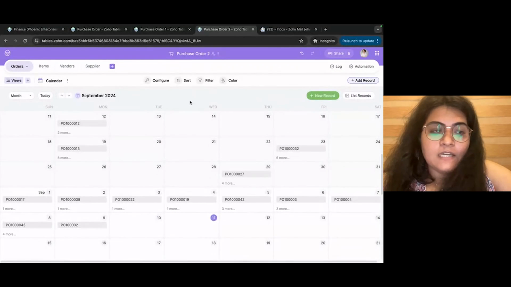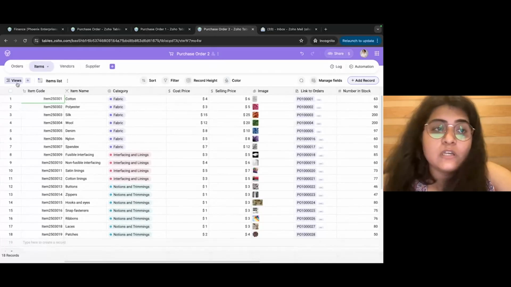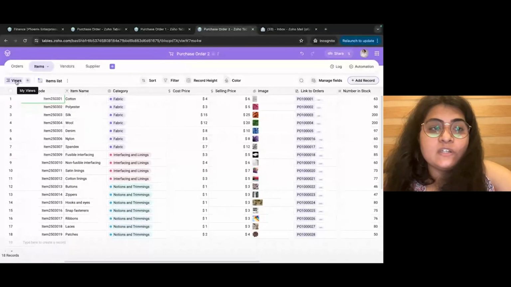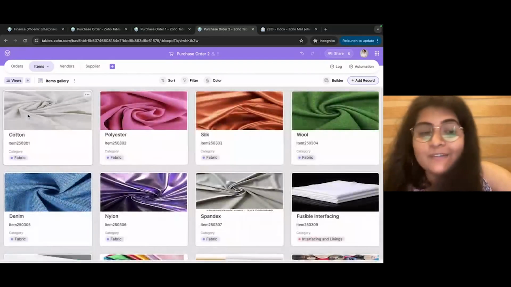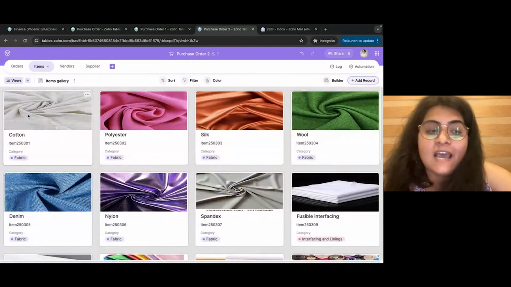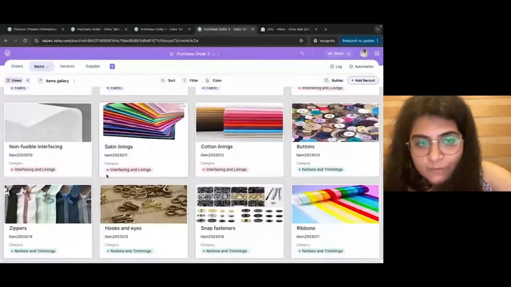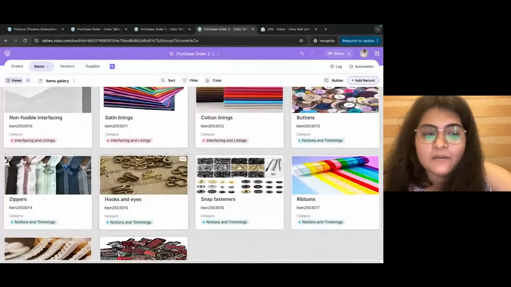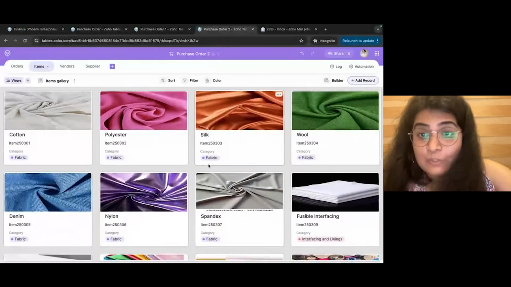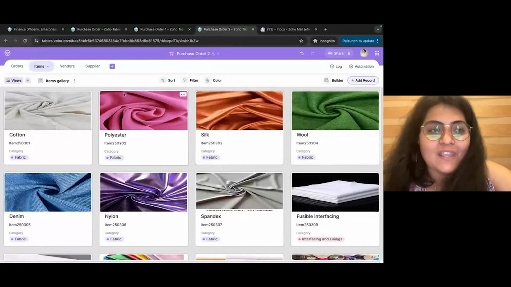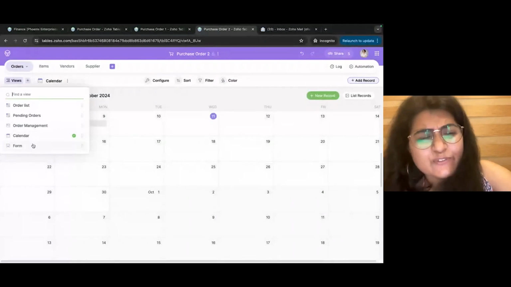Now let's have a look at gallery view. This view is ideal for a visual display of records, where each record is represented as a card. So here's how our gallery view looks with each order represented as a card, making it easy to browse through these items visually, right? And let's also create a form view, which is great for data entry